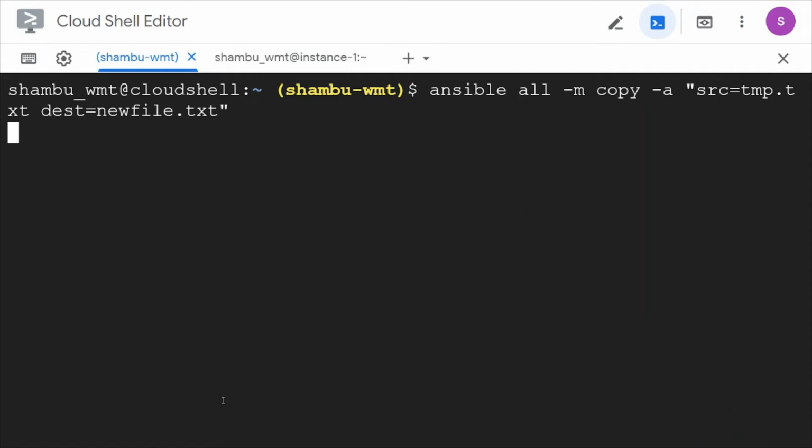I don't have to specify become because it's just the copy command. You don't need to be sudo to copy the files.